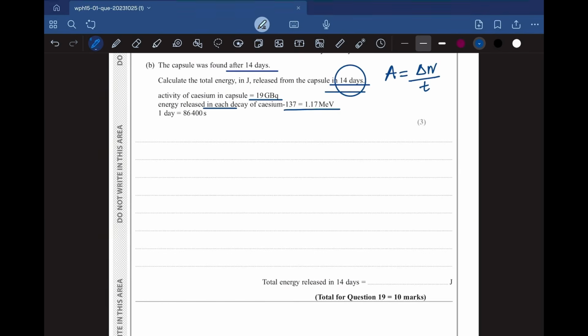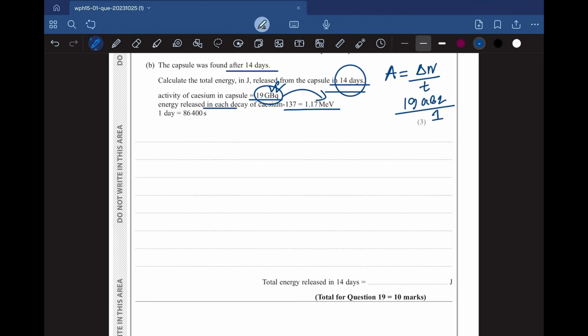As it is 19 gigabecquerel, we can say 19 gigabecquerel numbers of atoms decayed every second. We know activity is the rate of decay. So in 1 second, 19 gigabecquerels of atoms decayed, and in each decay it released an energy of 1.17,